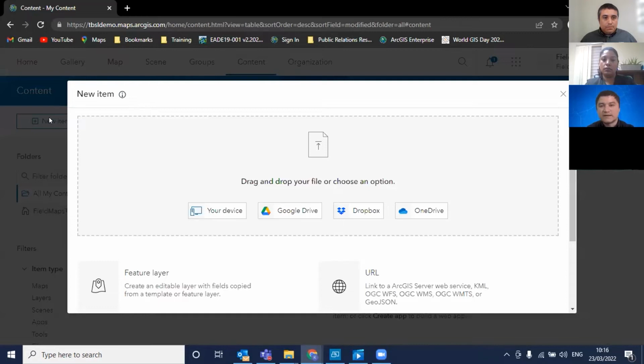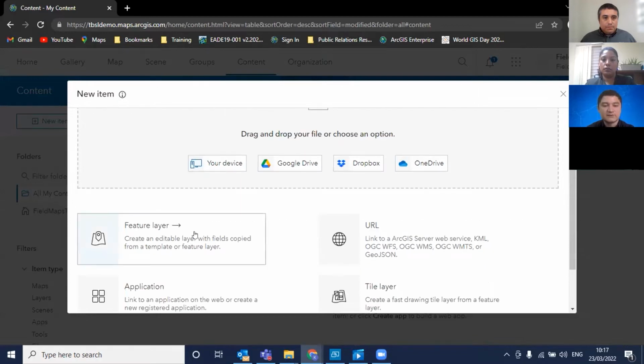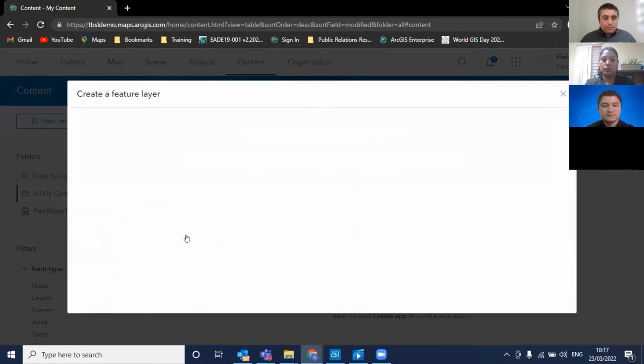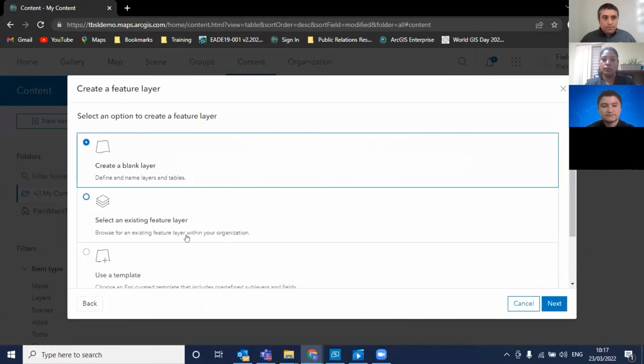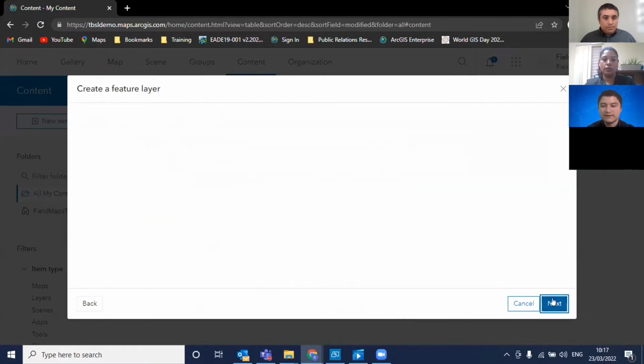From here, we can choose to add an existing layer from our device or from the cloud, or we can create a layer from scratch. We choose to create a blank layer. When we click on next,